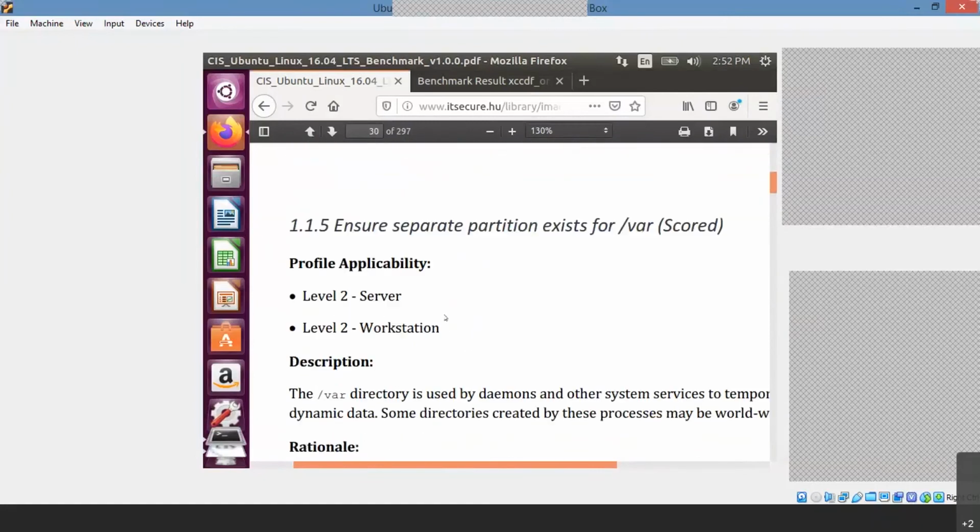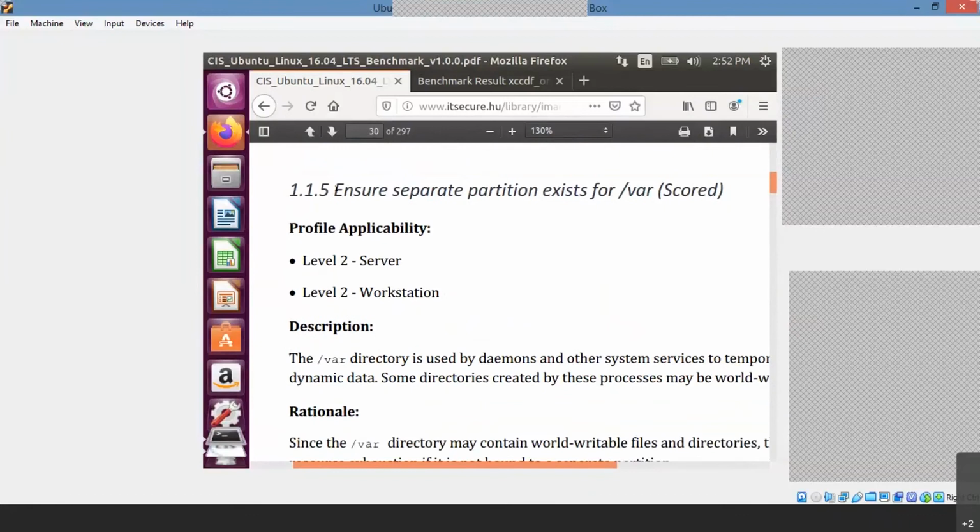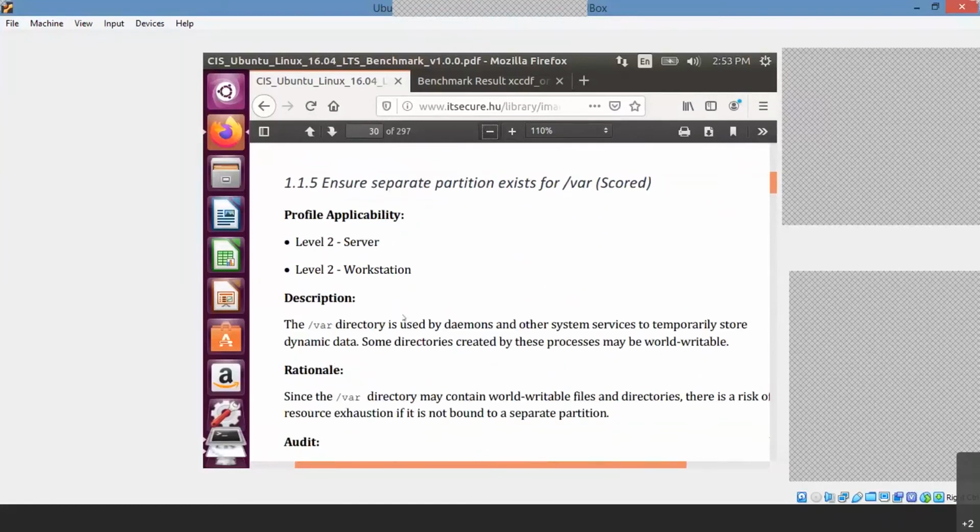So we can just check var. Ensure a separate partition exists for /var. Basically /var is a directory used by the different daemons to temporarily store dynamic data, right? Some directories may be created by processes that are world writable.